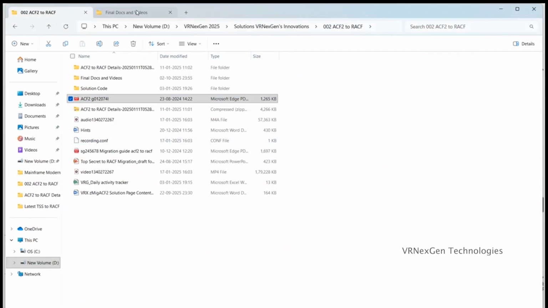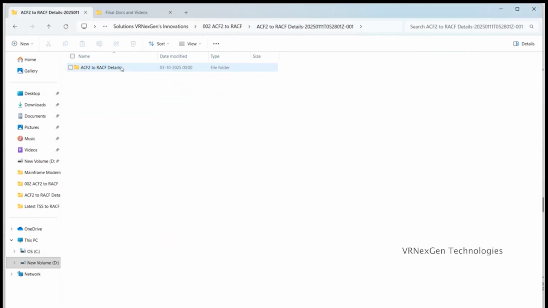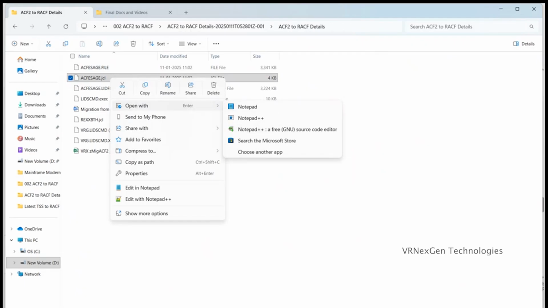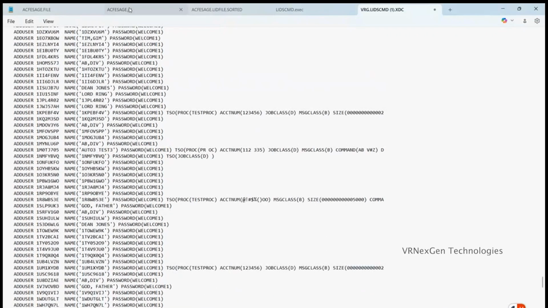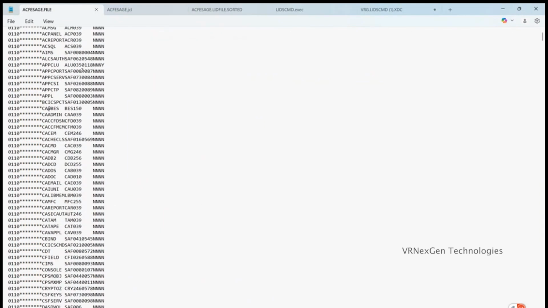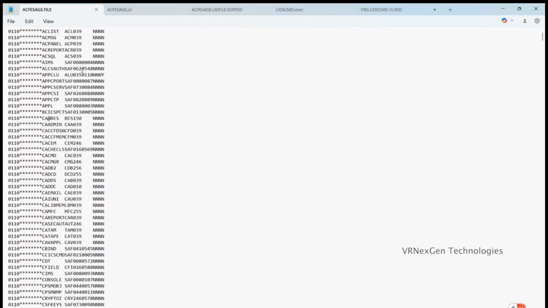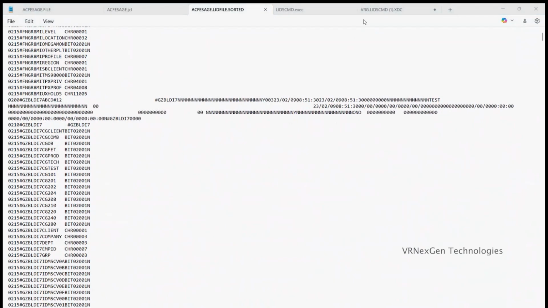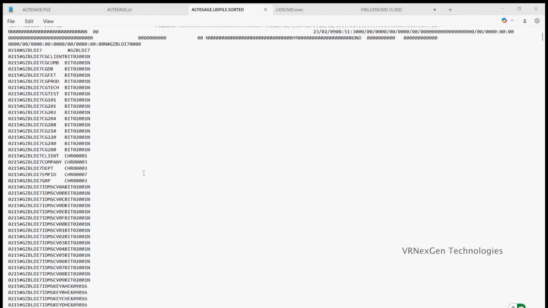As a quick POC, we have the details about the extraction. So how are we extracting? This utility completely extracts the ACF2 details, and the output is further sorted. We take a deep dive with our record-level understanding, which in turn prepares the detailed outcome of the required information in terms of logon IDs and rule sets.